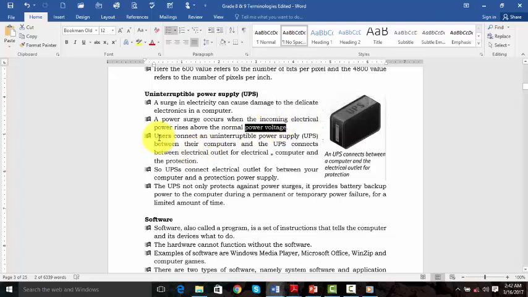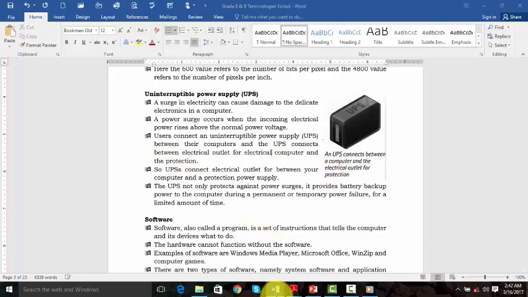A user is a person who is operating the computer. Users connect an uninterruptible power supply, the UPS, between the electrical outlet and their computers for protection.